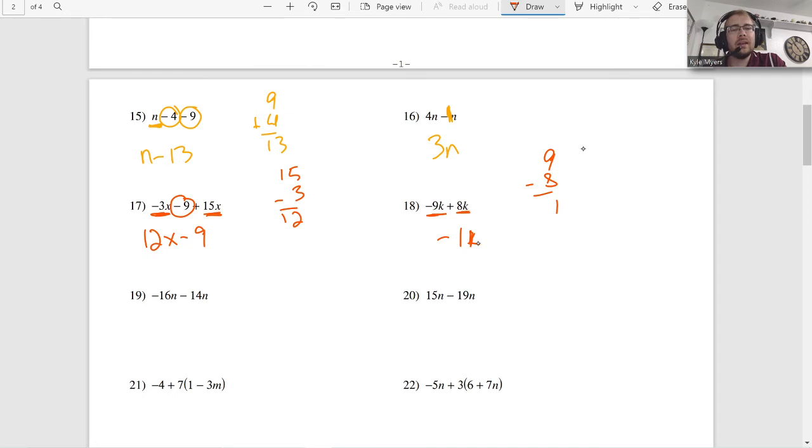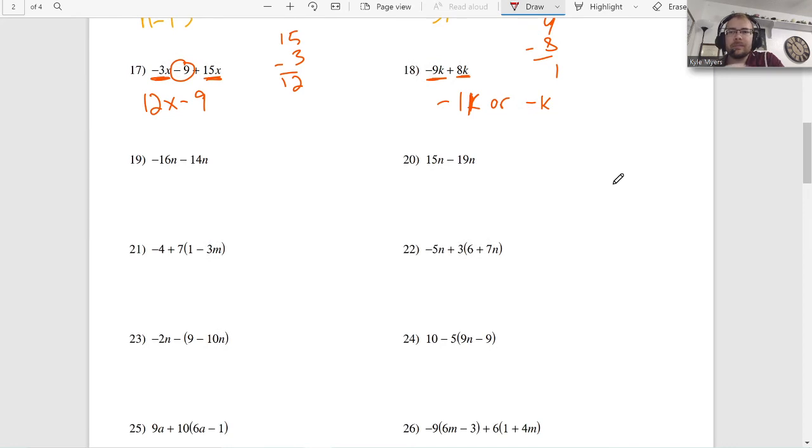Okay. And when it's minus, you can actually leave the 1 in usually. Or you could just write it as negative k. I think either one would be fine. They usually don't like it when you write 1k. But I think negative 1k is fine with some teachers. Just depends on who your teacher is. So,